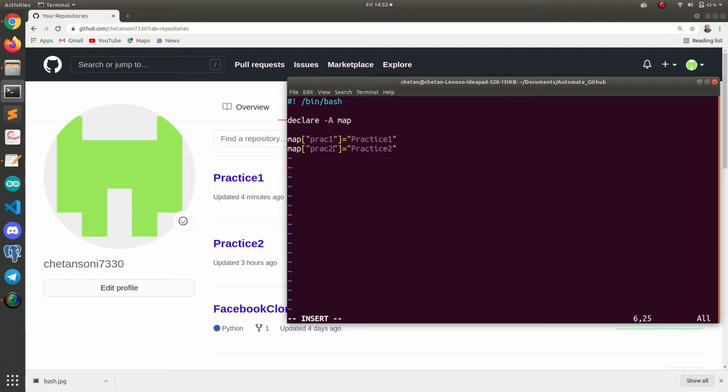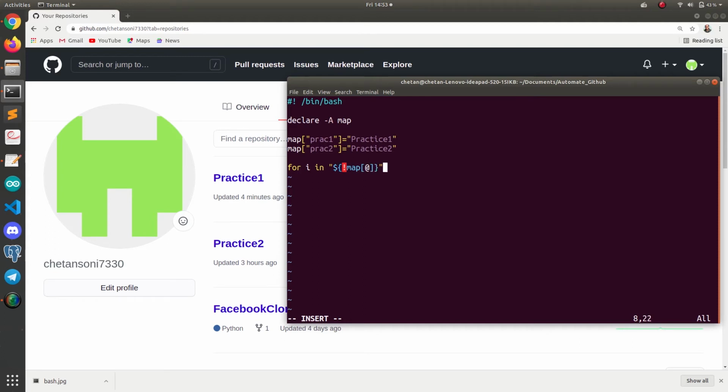Okay, so basically prac2 is the remote name of our practice2 repository, and prac1 is the remote name of our practice1. Now after that we have done this, we will apply a for loop: for i in, and after that I'm going to write this $ sign. What this $ sign does is access the value of the variable, the value of the objects, or any data structure you are using here. So I am going to use the name value of this map by using this exclamation sign, and then after I will enter this @ command.